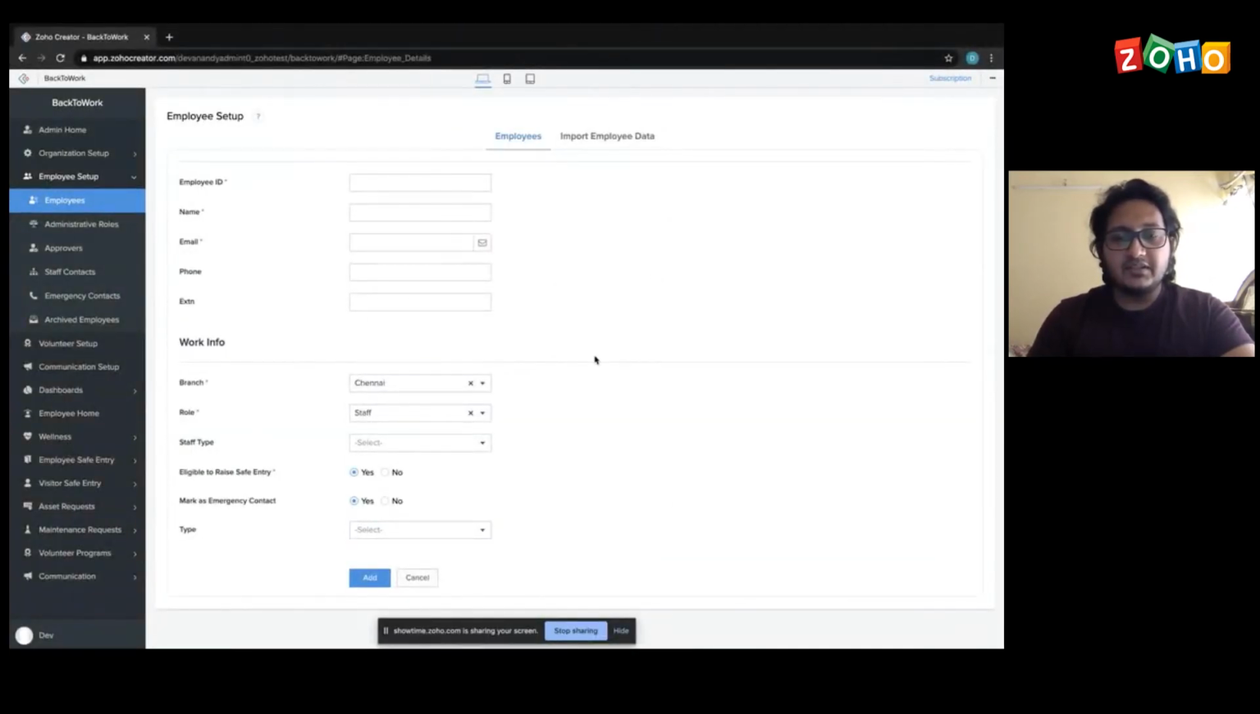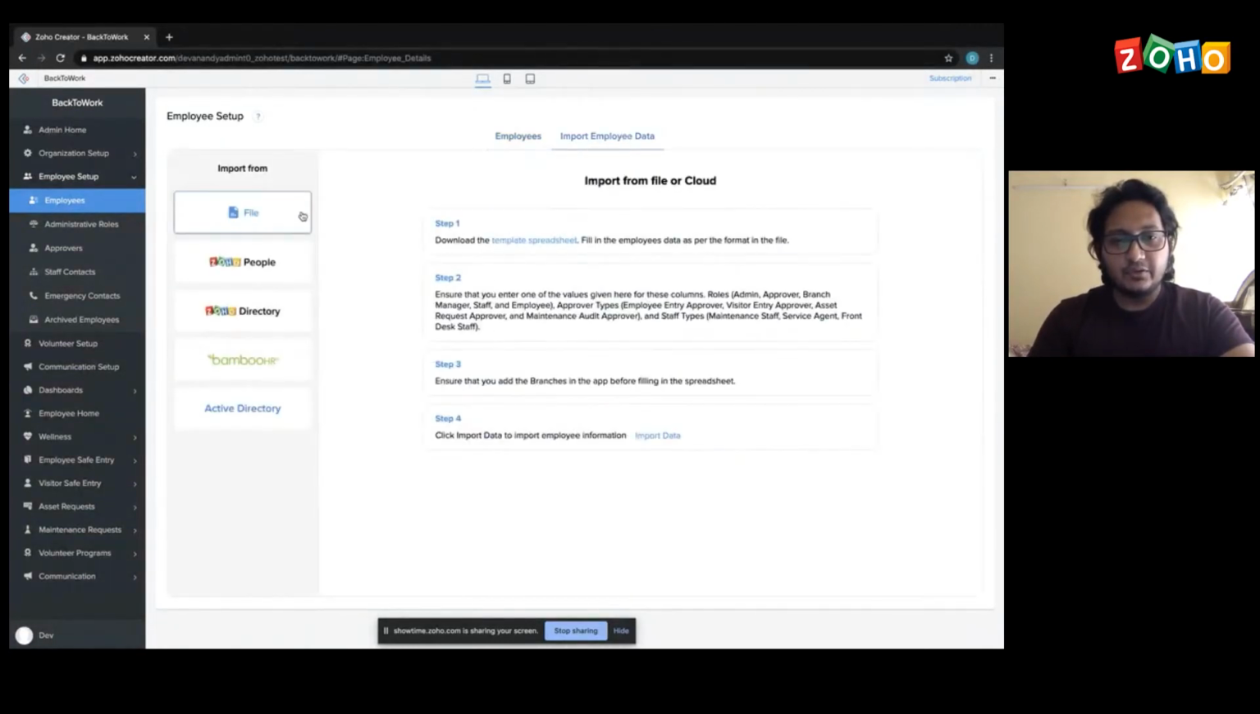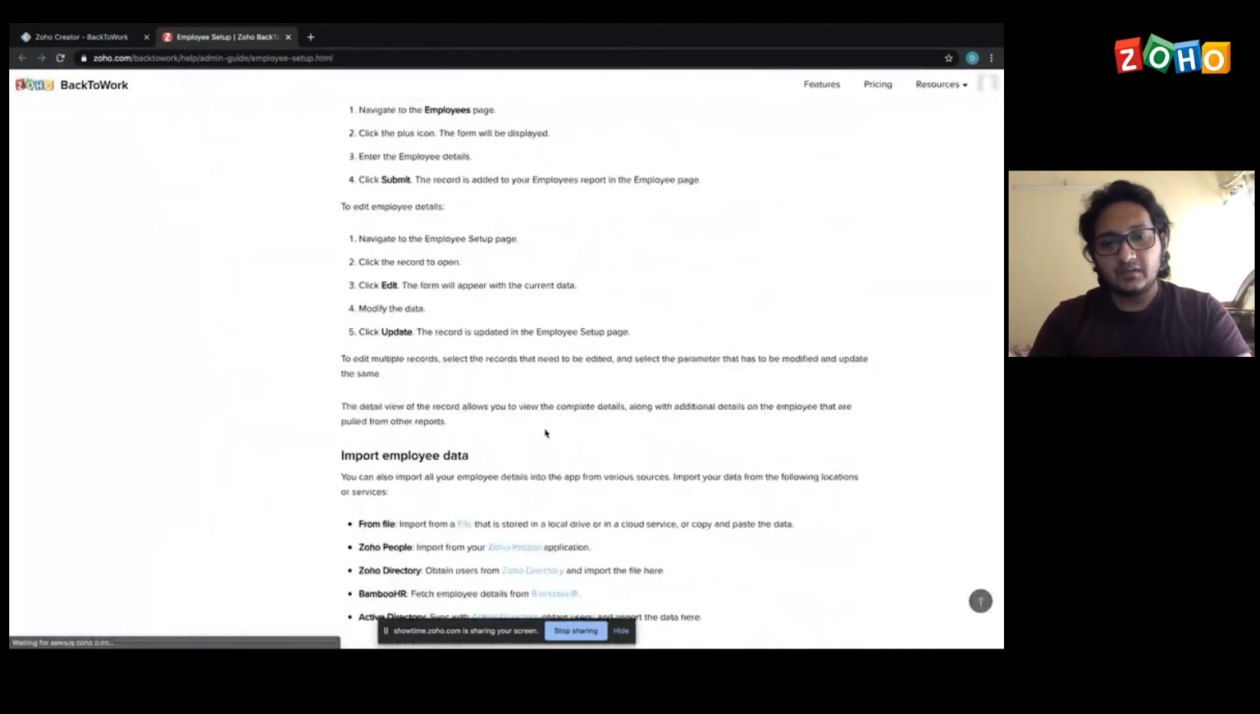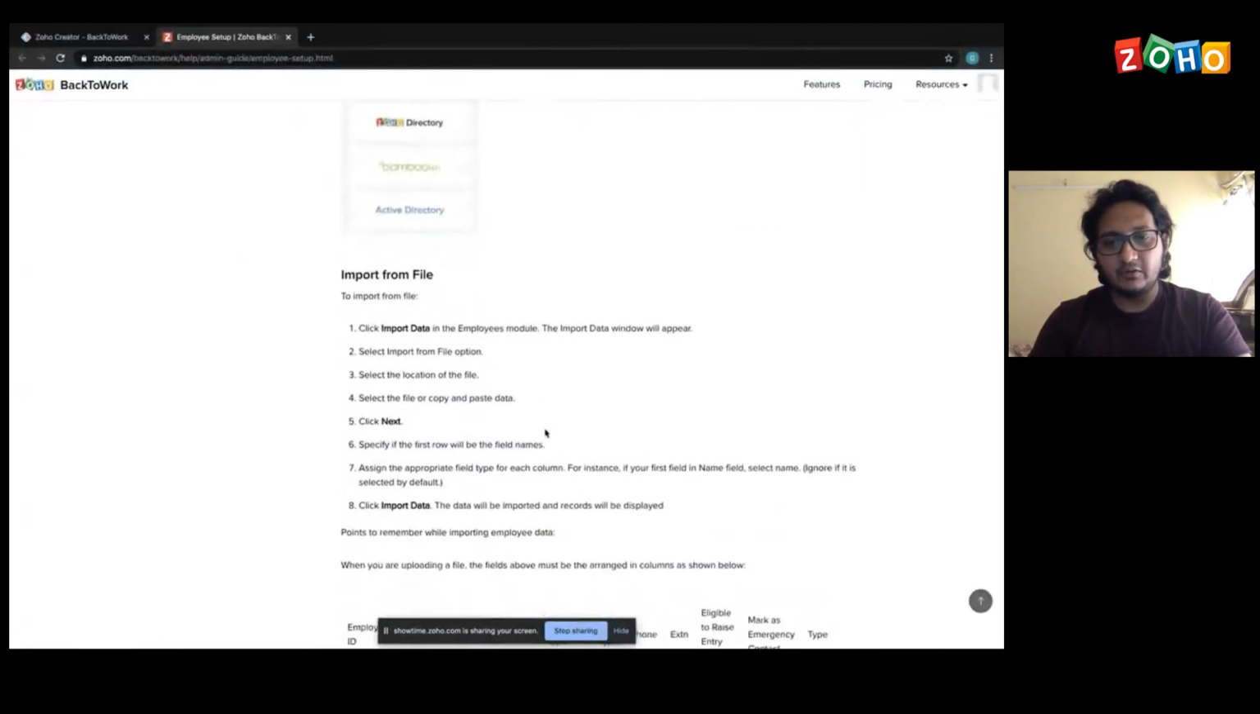So it's not just we are limiting it to adding the employee details manually, but we can also import the data. So we can import the data from a file like an Excel sheet, or if you're using Zoho People, you can actually integrate and get the employee information directly to the Zoho BackToWork app. And we also do integration with Zoho Directory and third-party services such as Bamboo HR, Active Directory, and so on. So I don't want to get into detail on that, but if you would like to know more on that, you can click on the question mark here, go to the learn more, and here you have the detailed explanation of how it's all going to be done,